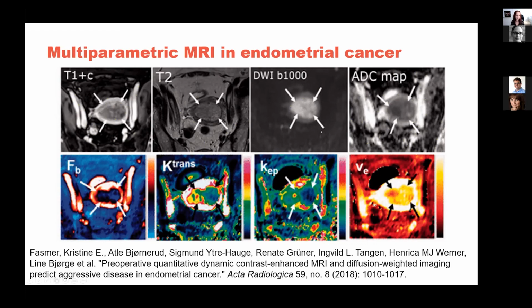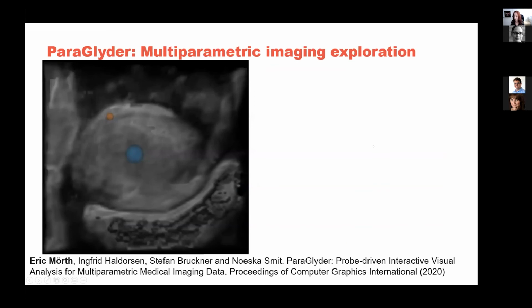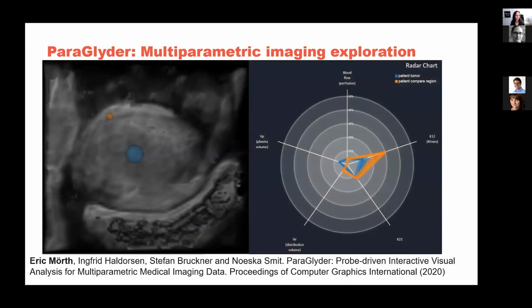The way we did that is through a combination of a volume rendering and a sort of spherical probe that allows you to sample across these multi-parametric data sets. And then we use a technique from information visualization called a radial plot to show the information that is inside of these spherical voxels. In this way, you can use it for example for comparison of tumor tissue versus healthy tissue or comparison between patients. So here now on every axis, you have one of these parametric maps. And now we can see the differences, for example,